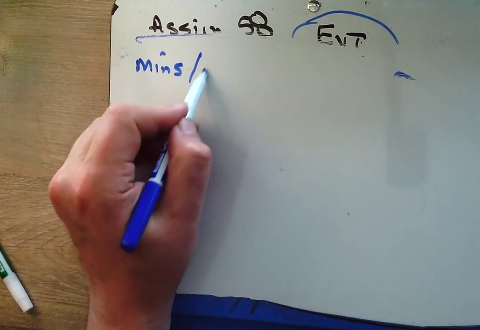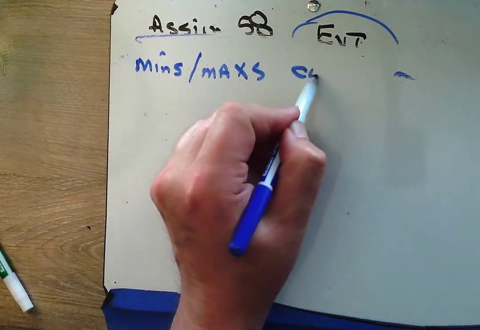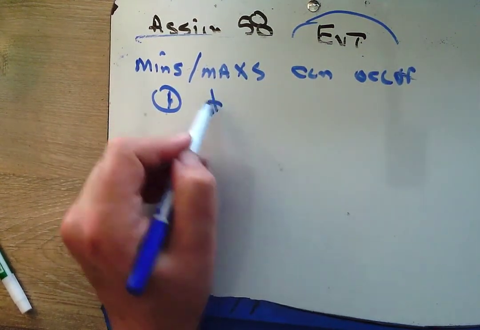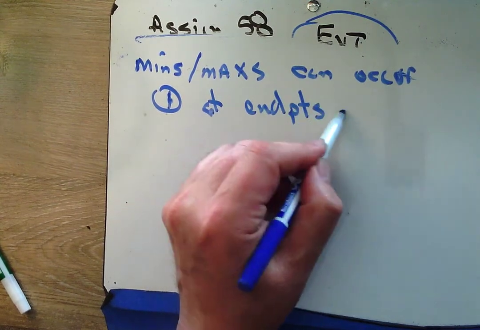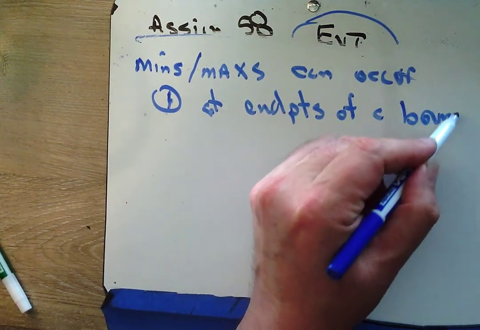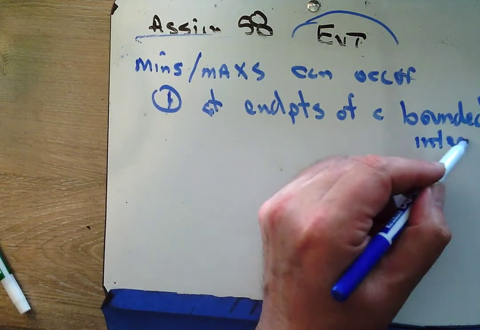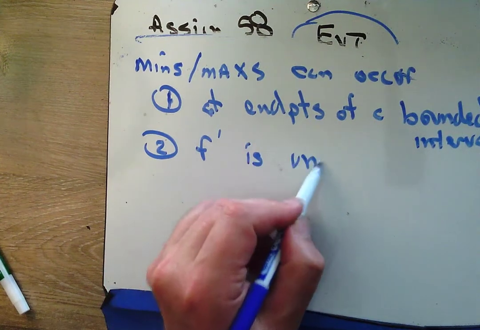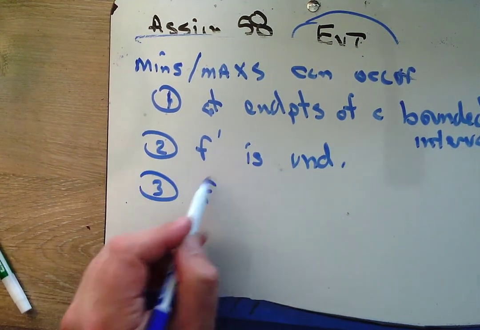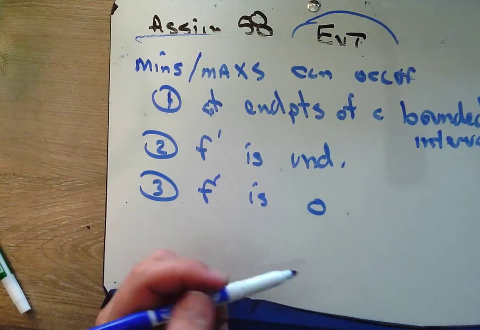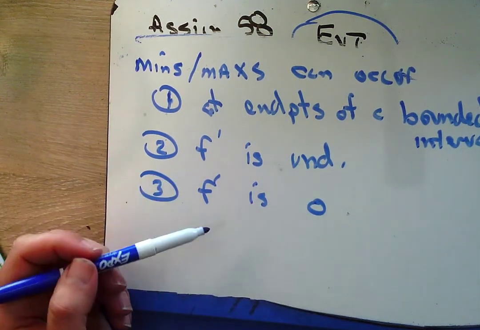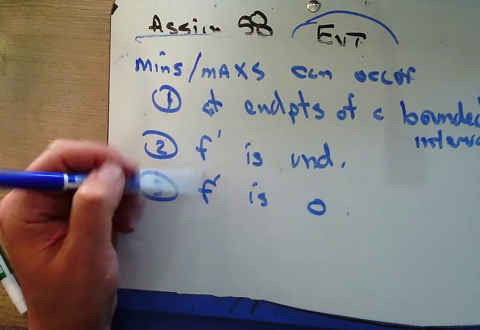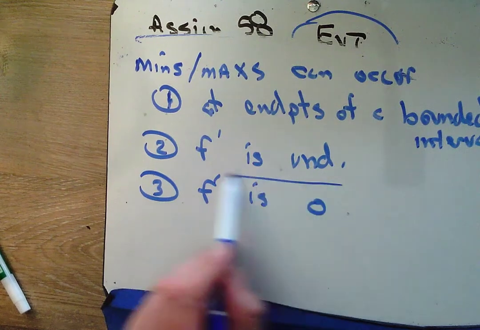Mins and maxes can occur one, at endpoints of a bounded interval, two, where f prime is undefined, and three, where f prime is 0. Now, I do want to warn you about this, and you might want to pull out that highlighter. Yes, the mins and maxes occur at all of these, but